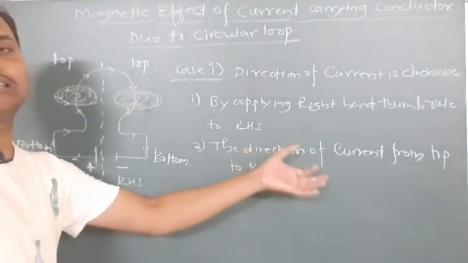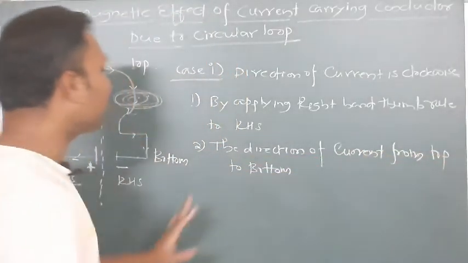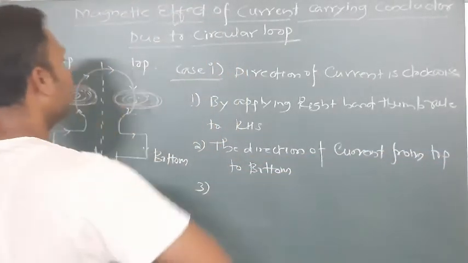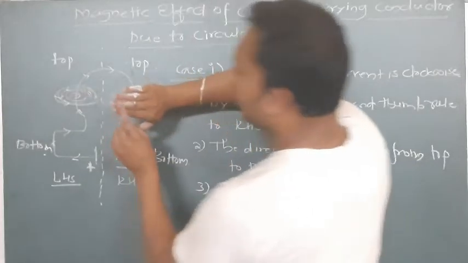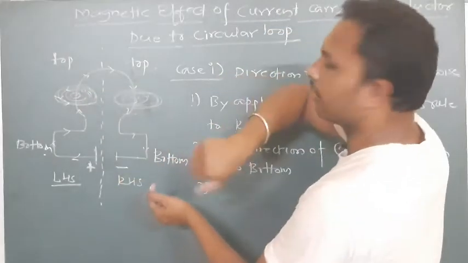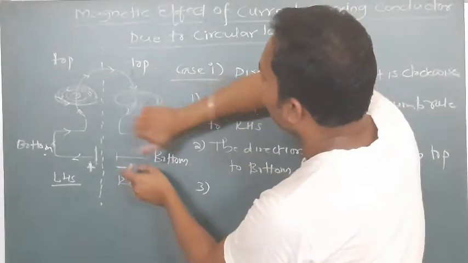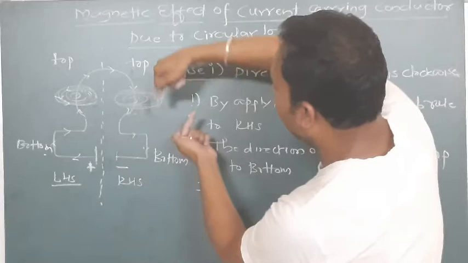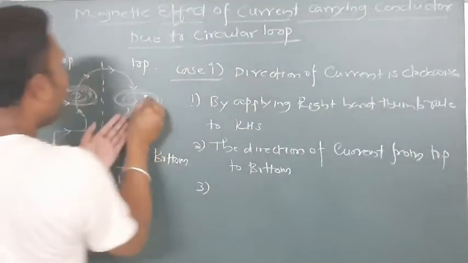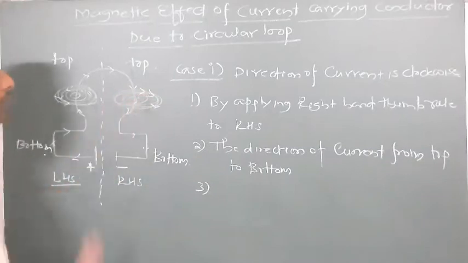If the direction of current is from top to bottom, then the magnetic field, just you can see my curved fingers, these are moving this side, this side, this side. Are you getting the point? These fingers are moving like this, okay. So where we can mark? We can mark here, okay, like this.